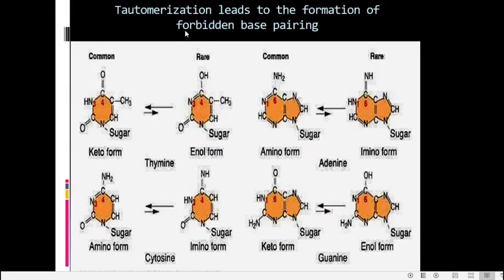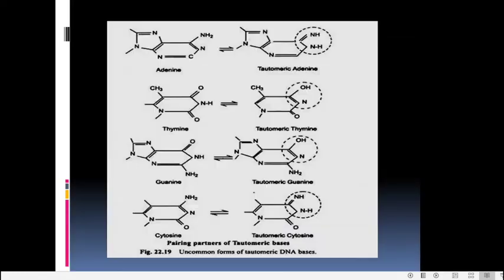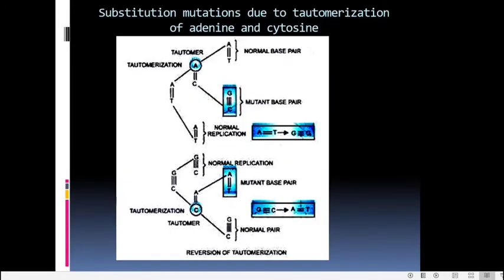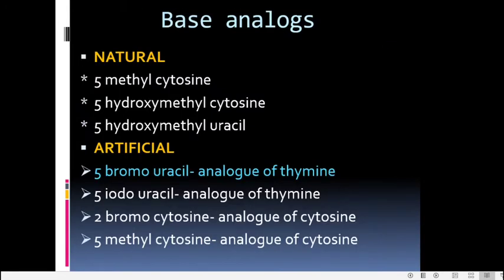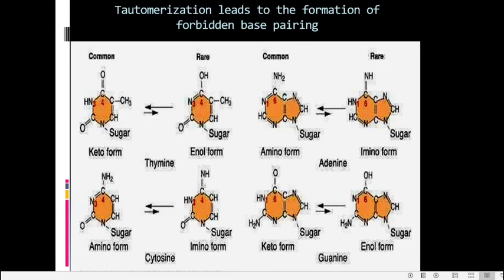We have to study the mechanisms by which the substitution mutation takes place. In substitution, one base is being replaced by the other, and substitution mostly occurs spontaneously, and there are three mechanisms which lead to substitution mutations. Of these, the first one is called tautomerization. The second one is the binding of base analogues, and the third one is ionization. So, tautomerization, ionization and the binding of base analogues will lead to substitution mutations. So, first we will go to tautomerization.